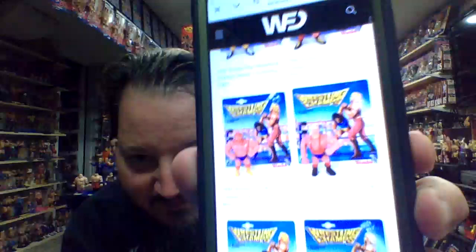Yeah, I mean, this guy over here kind of looks like Kevin Sullivan. I'm thinking maybe that's supposed to be the Hulk Hogan equivalent. He might be out there somewhere. This guy looks like Rick Rude, possibly. The rest of these figures, I mean, the only one I could probably say maybe...